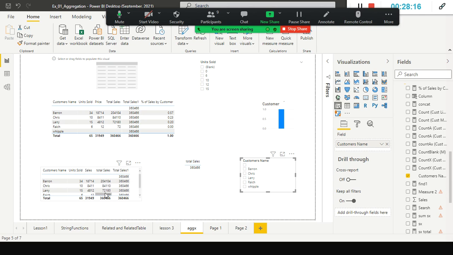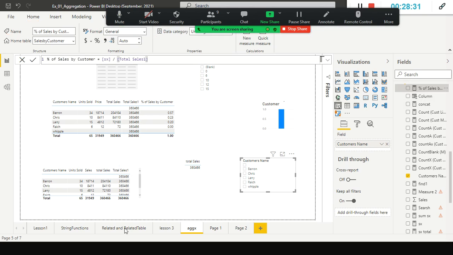Already I have a measure called total sales divided by total sales 1. So that can give me this one, right? I am going to divide this value by this value. So I have created two different measures, and that is what I did here. The ALL function is very helpful in that kind of scenario. SX is nothing but this value. I just renamed this one here.